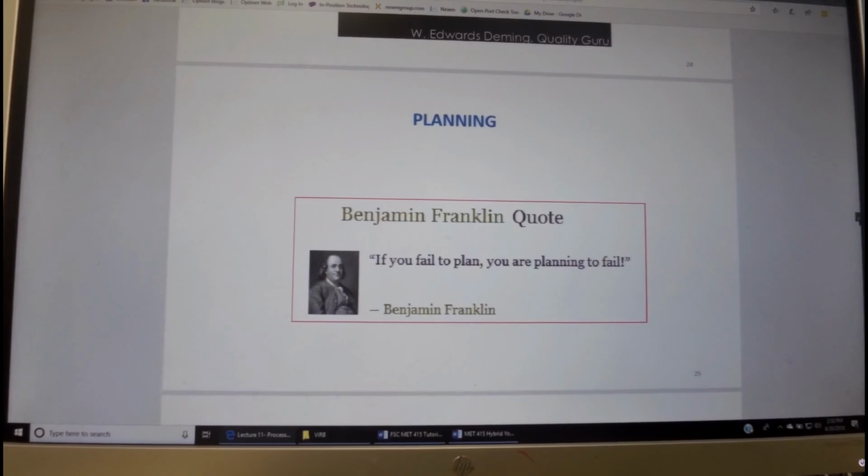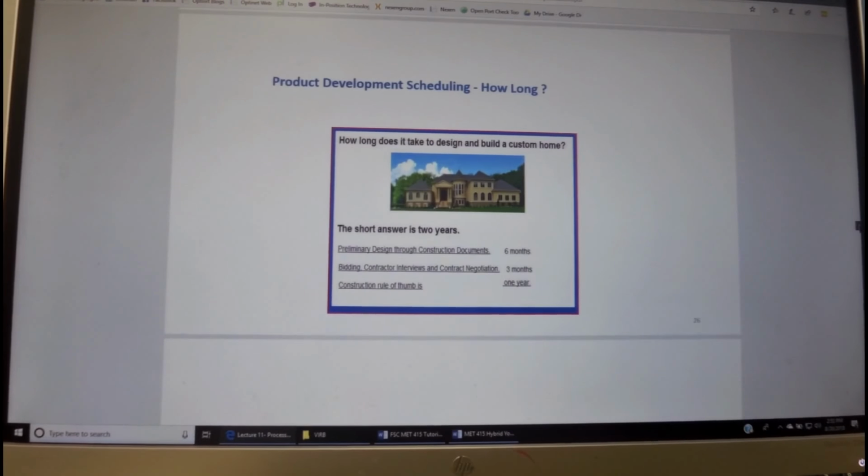The planning, as Benjamin Franklin says, if we fail to plan, we are planning to fail. And if, for example, it is known that to build a house, it takes 6 months to go through the design, 3 months for bidding, and 1 year for construction, and it takes 2 years.